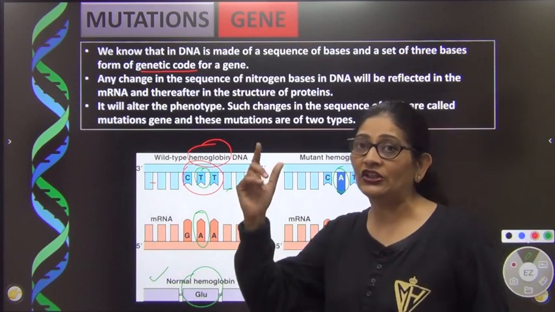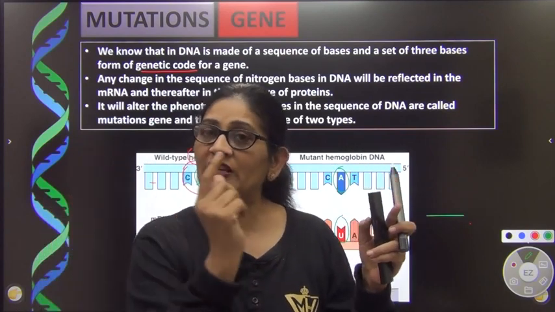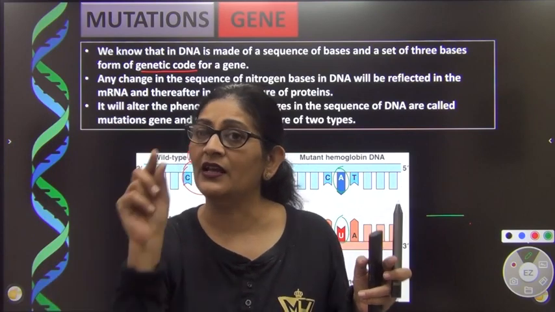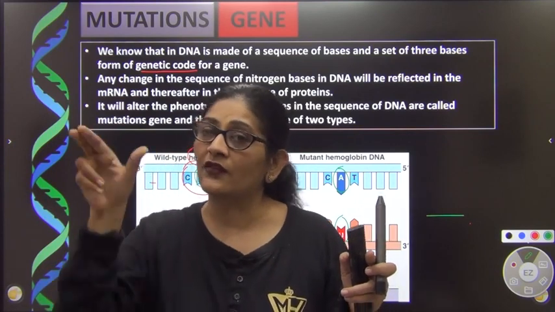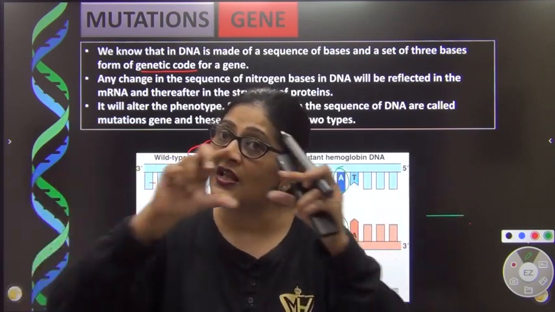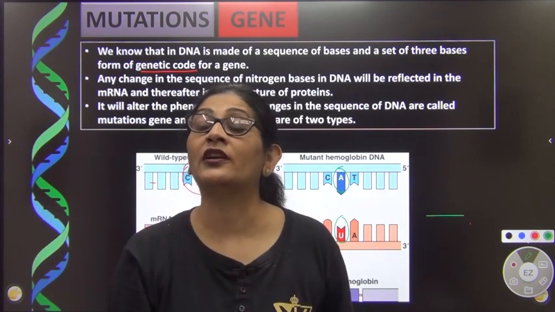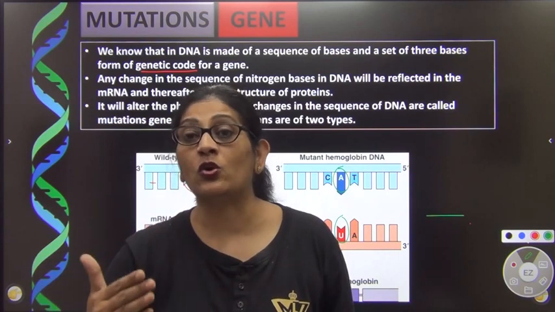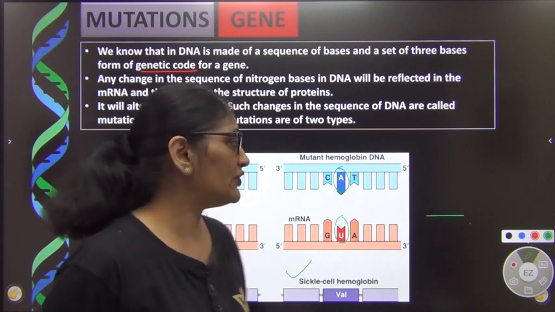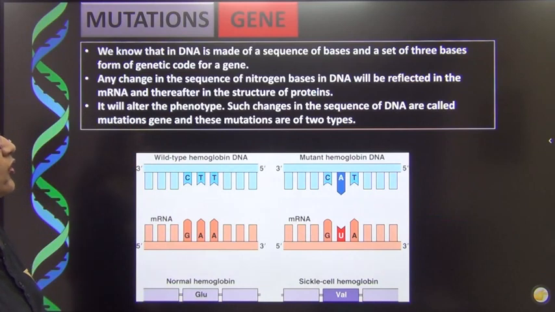मैं फिर बता दूं, डीएनए का एक टुकड़ा जो एक कैरेक्टर के लिए एक्सप्रेस करता है उसको हम कहते हैं जीन. जीन्स आर मेड अप ऑफ न्यूक्लियोटाइड्स. 3 nucleotides code for an amino acid. So even if one nucleotide changes, the corresponding mRNA, hence the amino acid will change. If the amino acid changes, the entire protein will change. If the protein changes, then obviously it will alter the phenotype. Anything that can alter the phenotype of an organism is called mutation. So this is called gene mutation. Now this gene mutation is basically of 2 types.